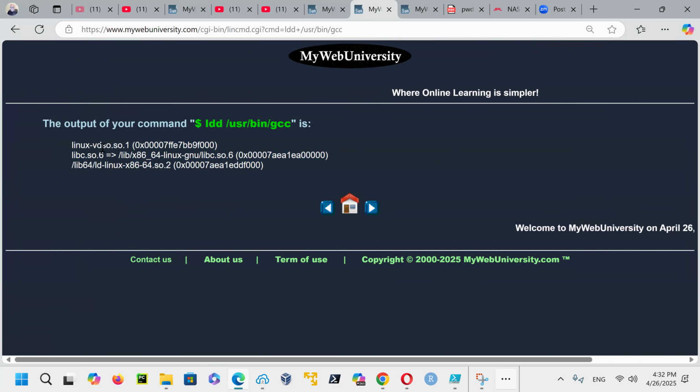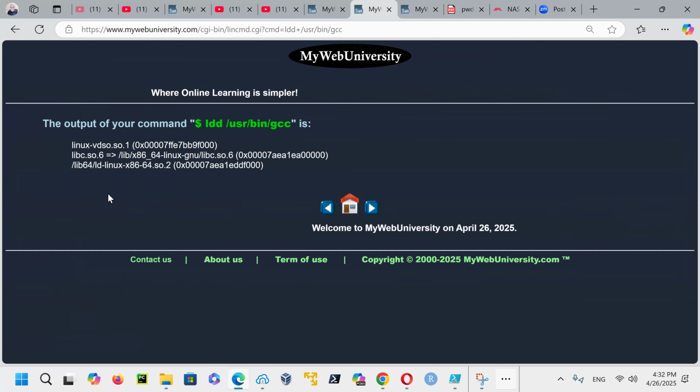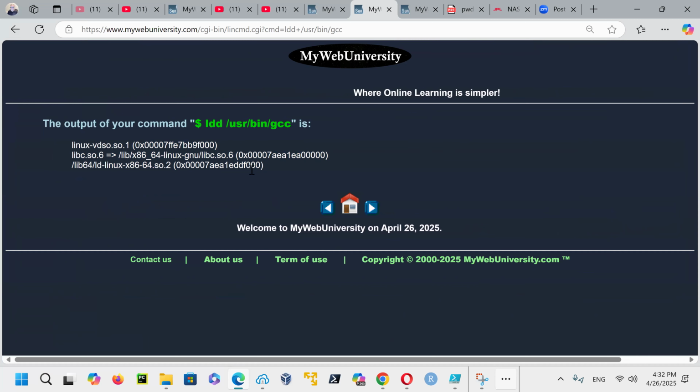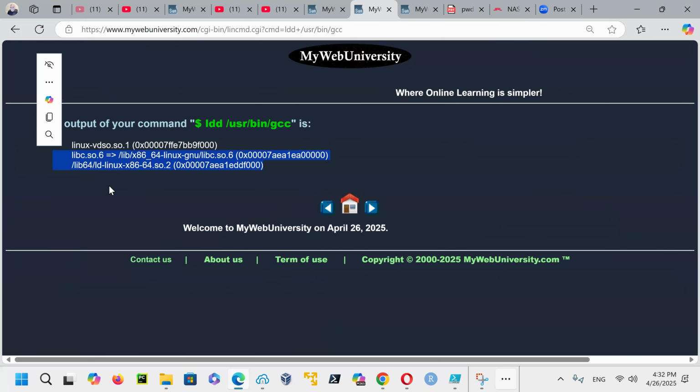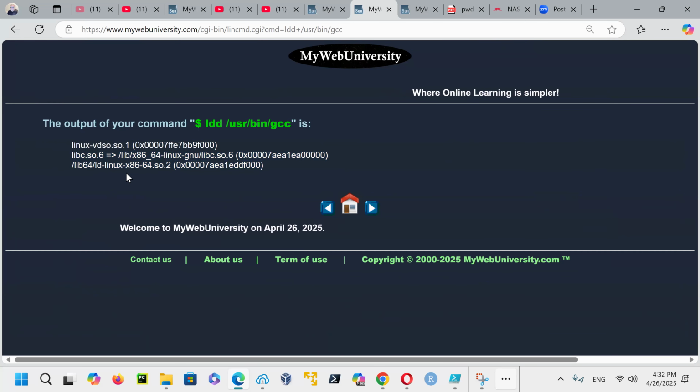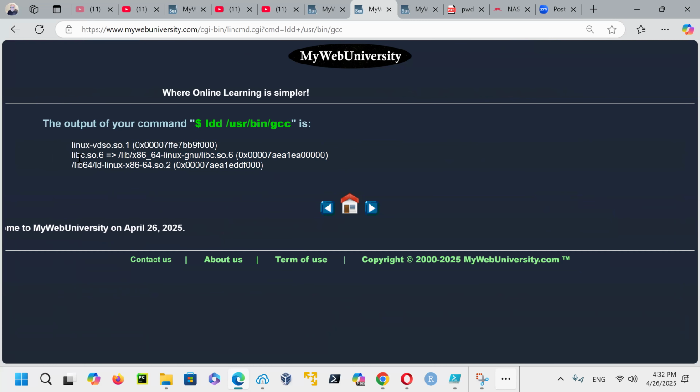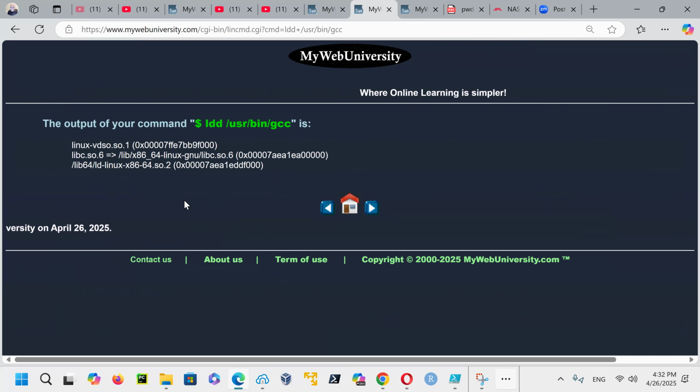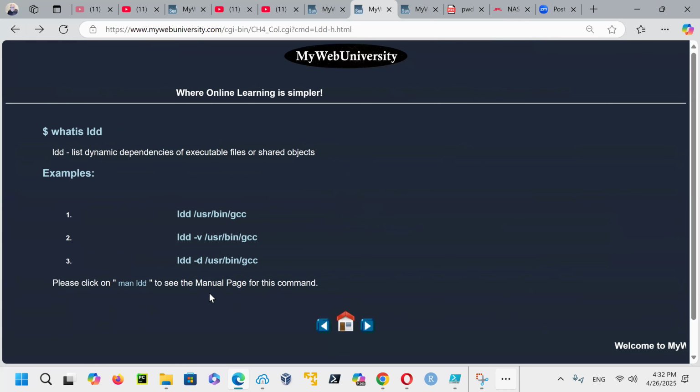And this might be a vDSO, the virtual dynamic shared object. All of those are just showing you the files, and then ld-linux is the main file, and then libc is the C library shared object file. So you can see here, and on this one, you get all the related stuff.